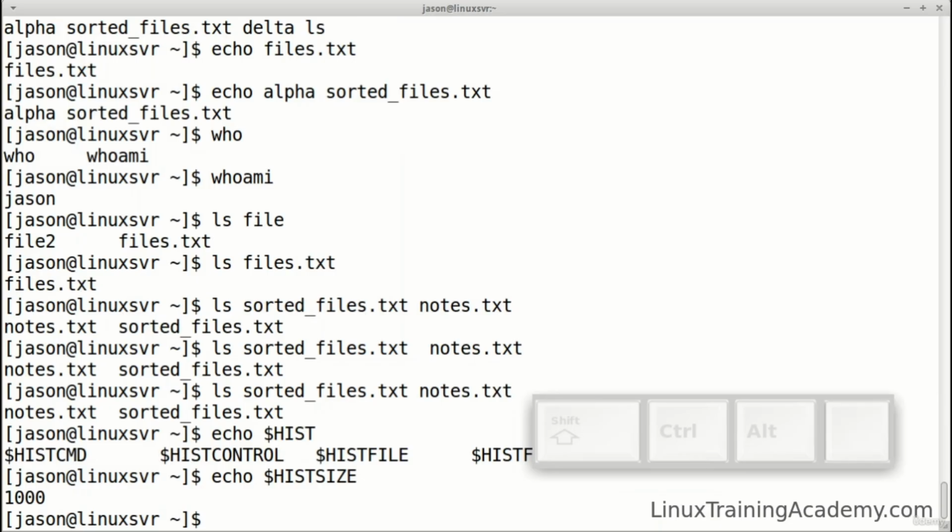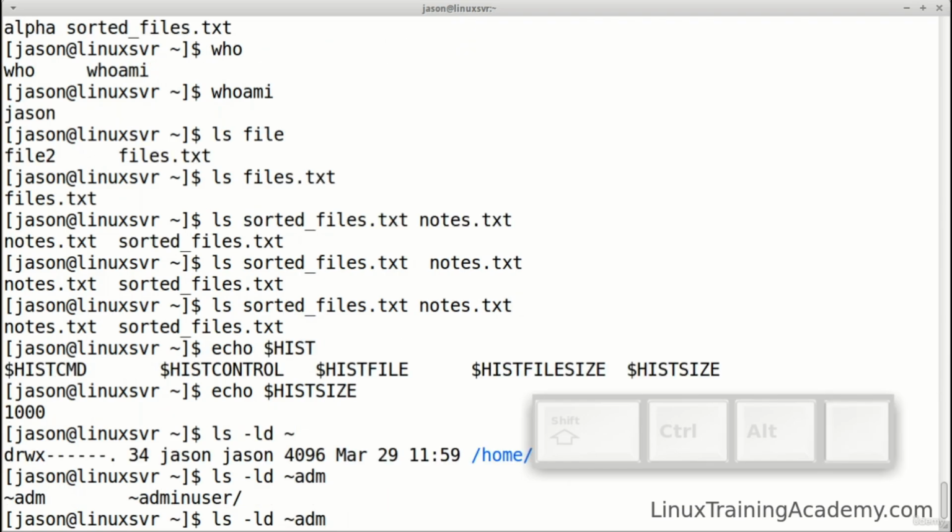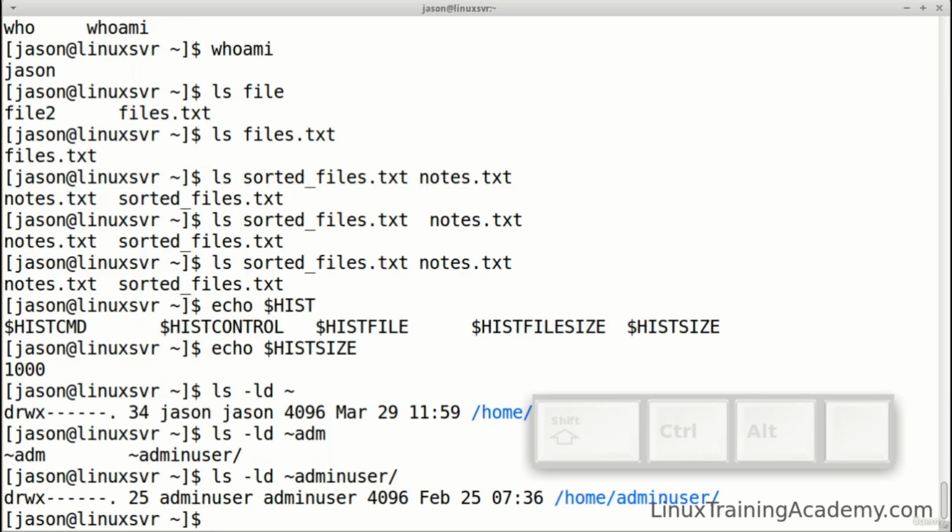You also can do tab completion with usernames with the tilde expansion syntax. So tilde represents your home directory if you don't give it an argument. So that's home JSON. If we type in tilde ADM and hit tab a couple of times, we can see that there are two users that begin with ADM on our system. So let's just type in I because we want to see the admin user's home directory. Hit tab, it auto-completes, and we'll press enter, and then that displays /home admin user. In this lesson,